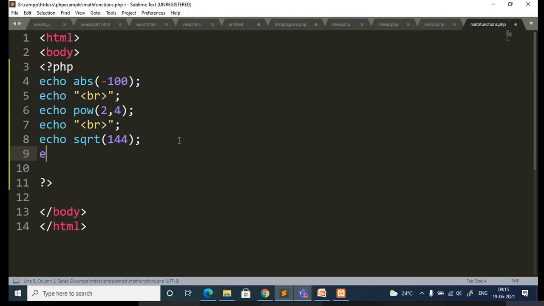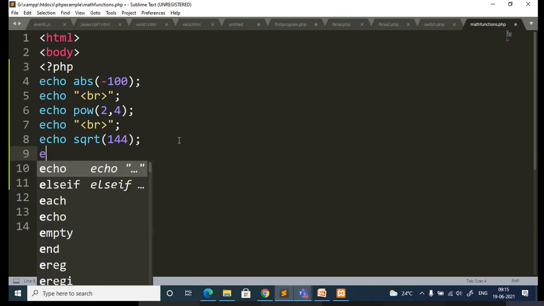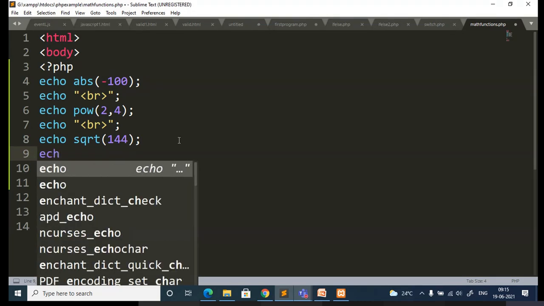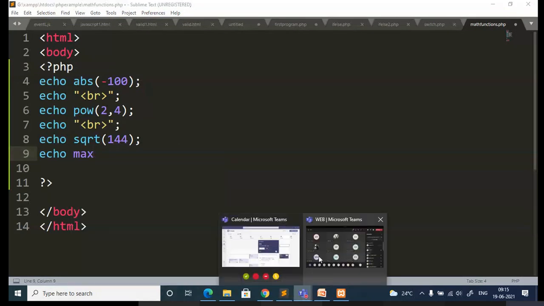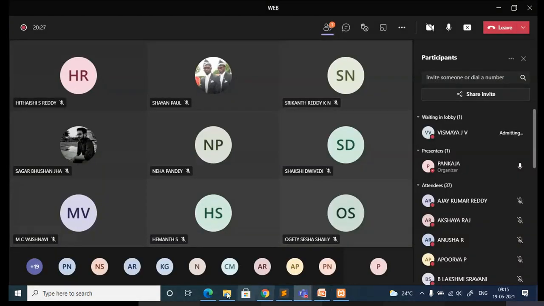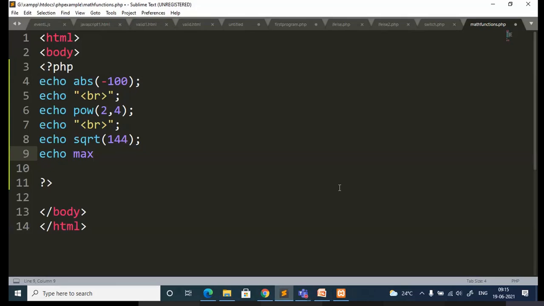Then if you want to know what is the max of two numbers, okay, max of 2 comma 10.